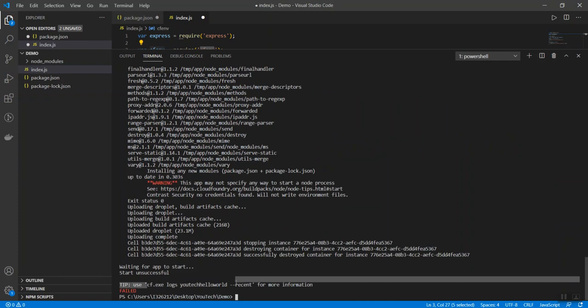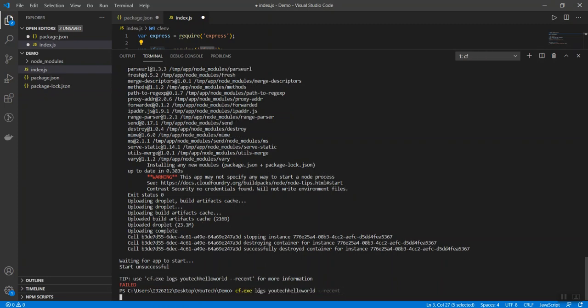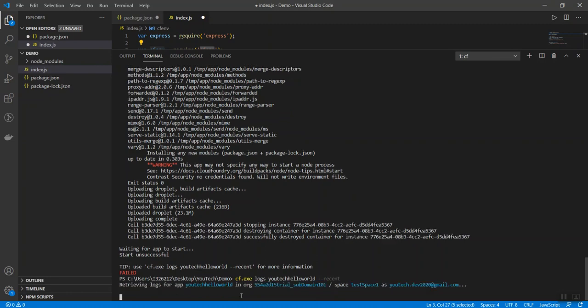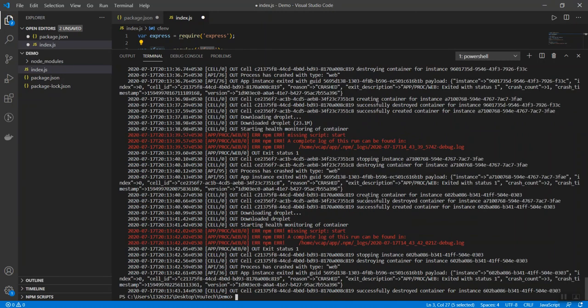So there is one issue in the application. I know the issue. To explain it to you, I'm running this command, because we haven't used the start command anywhere. This is a way we can see if there are any issues while deploying the application. So cf logs with my application name, and you have to keep the --recent flag. You see here we don't have any start script in Cloud Foundry.